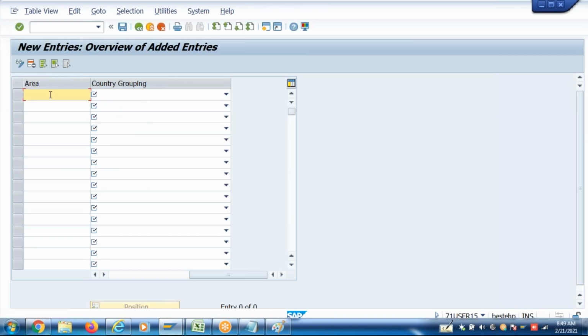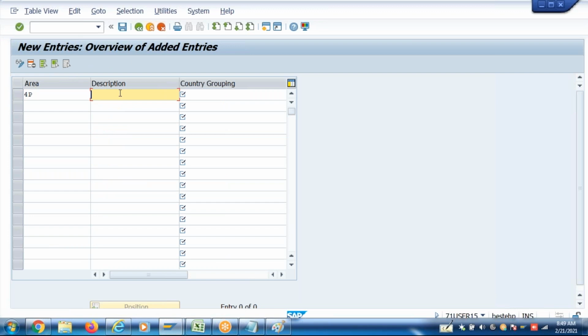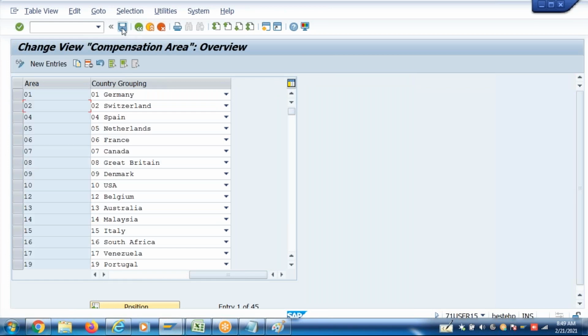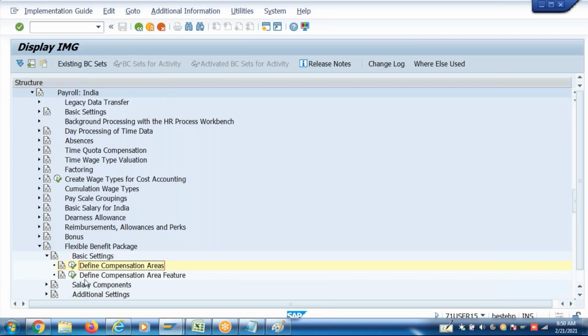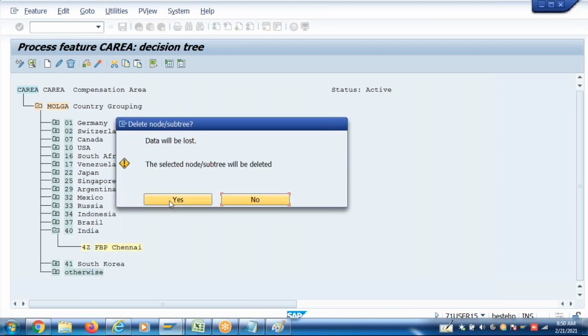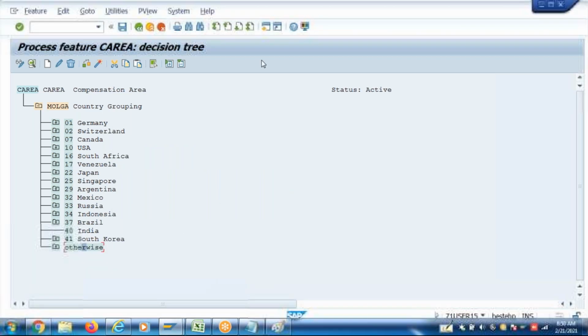Okay, I'm creating 4B. Maintenance text. This compensation area, you need to default for your company code. Go to compensation area, CA area, benefit area, B area, compensation area, C area, payroll area, AB HRIS. So you can default this compensation area using C area. Here I will call the company code. Let me check my employees in which company code. Based on that,